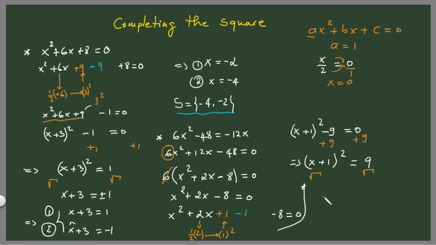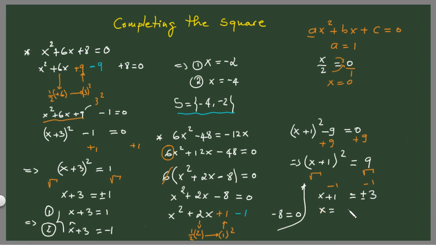This is going to give us x plus 1 equals plus minus 3. The square root of 9 is 3, and we got two solutions, right? Now we can subtract 1 on both sides, which means that x will be